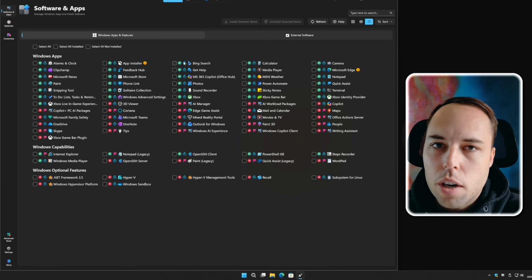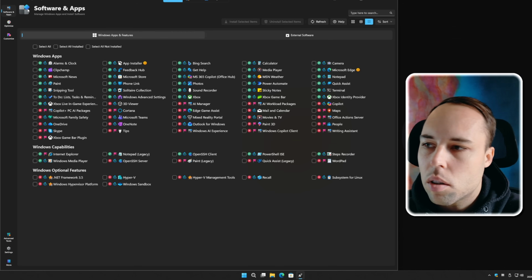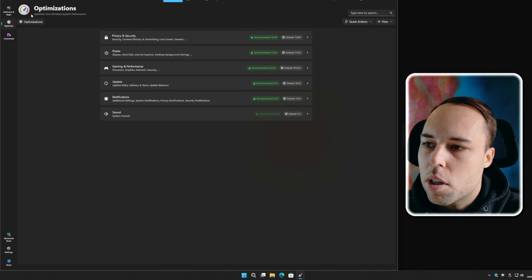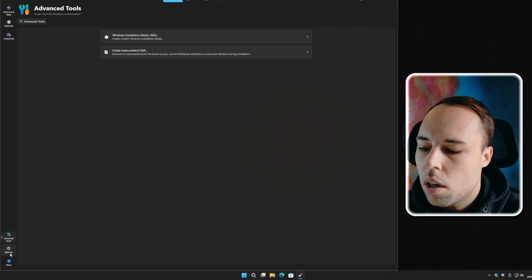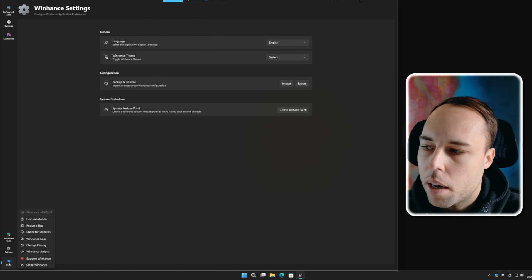And when I made these changes, I also changed the feature icons to colored icons. This is the Fluent UI apps icon. We've got a performance meter there for the optimizations, and then the customize feature also has a new icon, as well as the advanced tools, settings, and the More menu button at the bottom here.